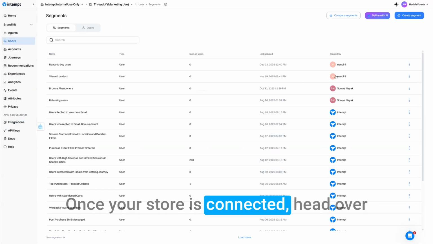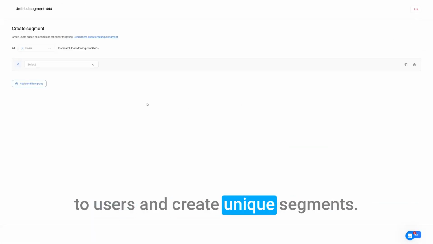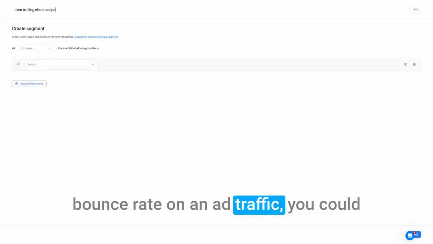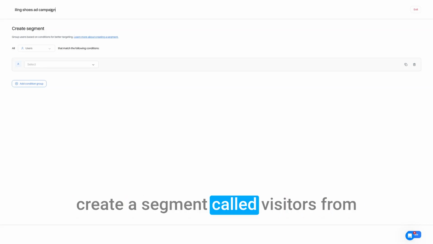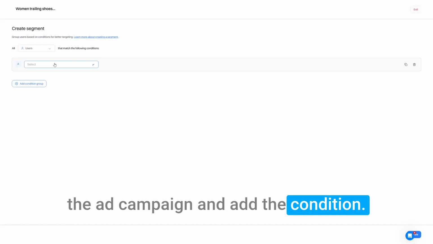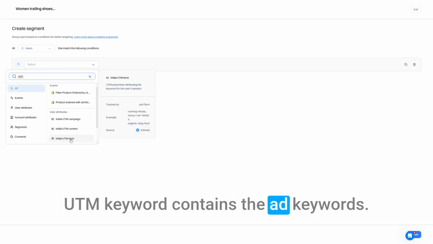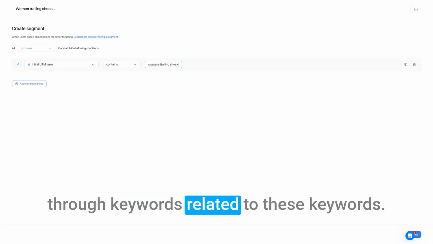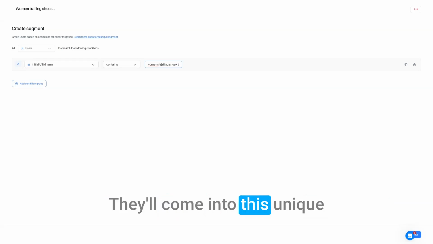Once your store is connected, head over to users and create unique segments. For example, if you're facing high bounce rate on an ad traffic, you could create a segment called visitors from the ad campaign and add the condition UTM keyword contains the ad keywords. Now, when someone clicks on the search ad through keywords related to these keywords, they'll come into this unique segment